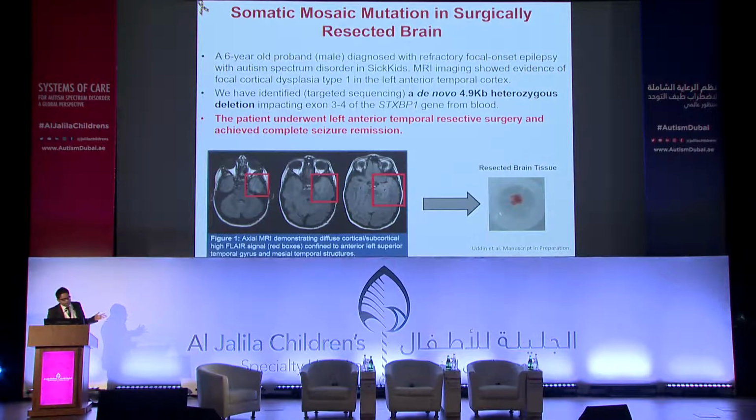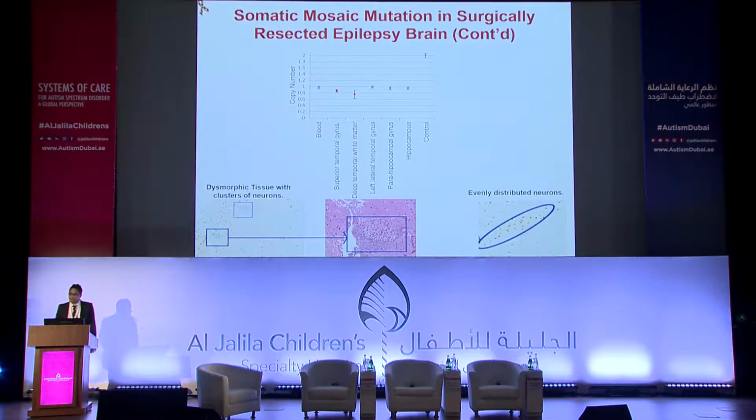So we were very happy to see the deletion, but things got interesting when we did the profiling of the tissue. When we dissected the tissue, we did H&E staining and also NeuN staining. You can see the cluster of neurons, small dots really close together. Those never migrated. Normal neurons should be spaced out, but you can see with multiple stainings that many neurons from that resected brain tissue never migrated properly.